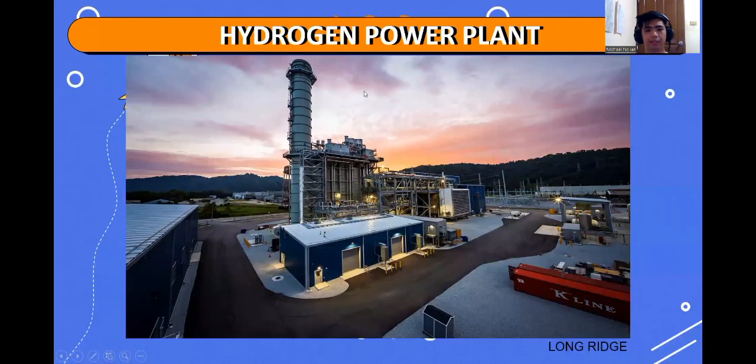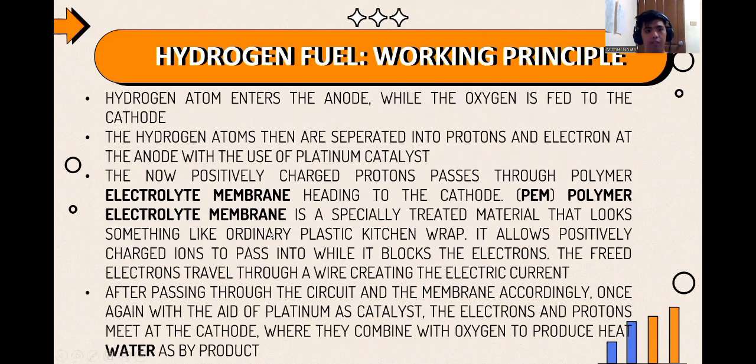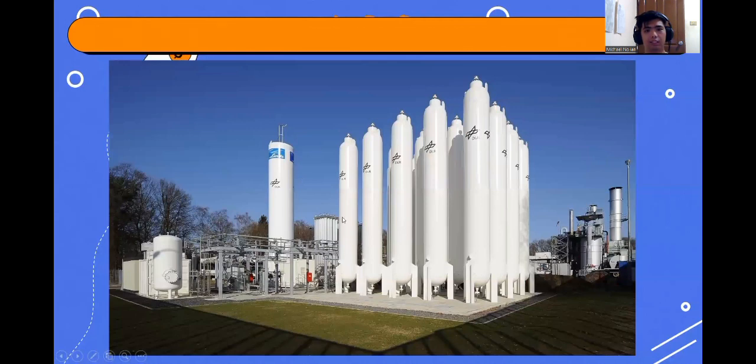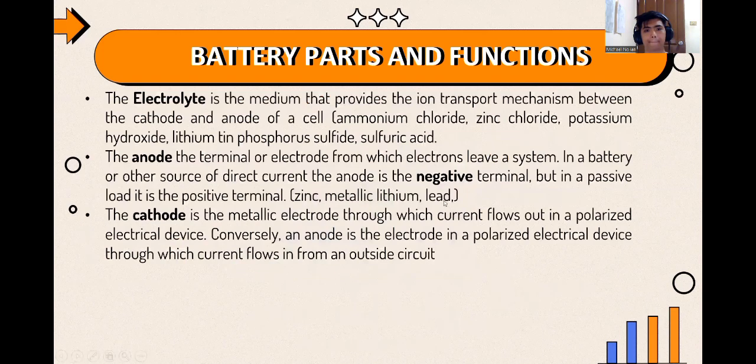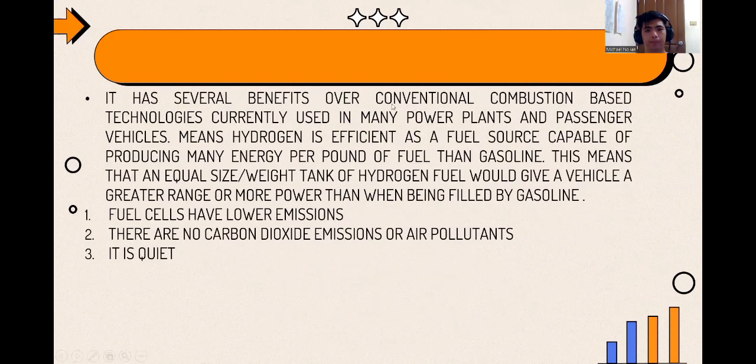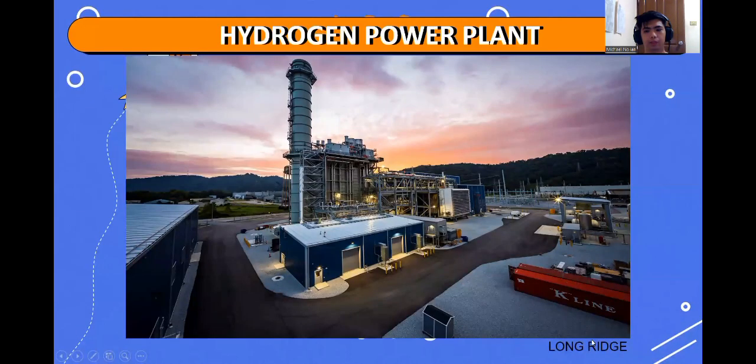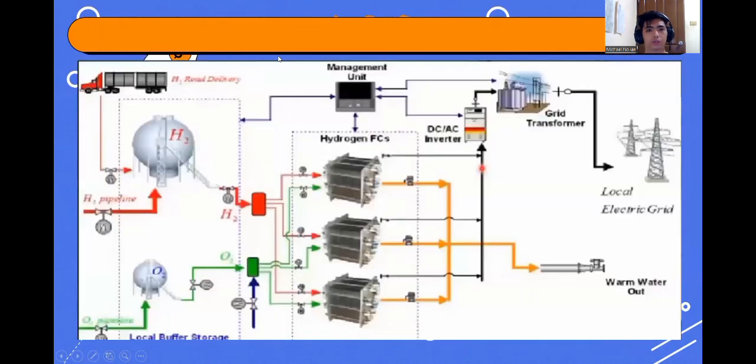So, hydrogen power plant. I forgot kanina. Ito yung example ng hydrogen power plant. Ito yung sasabihin ko na nawawala, yung long range. Sorry. So, ito naman, kanina,